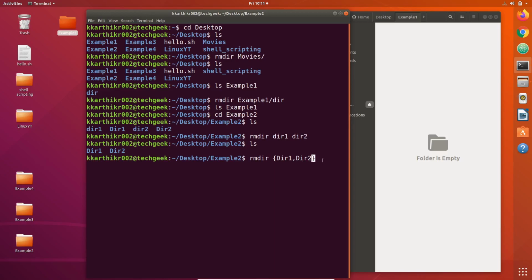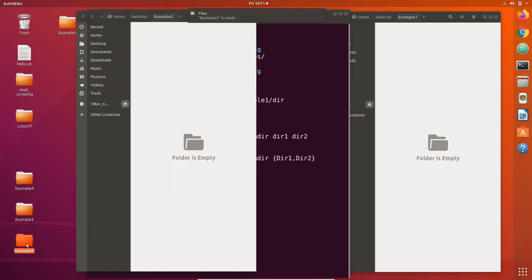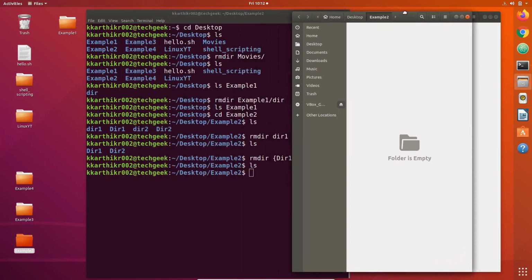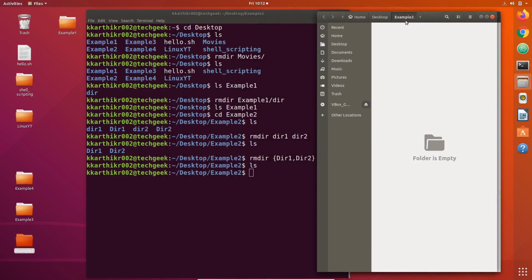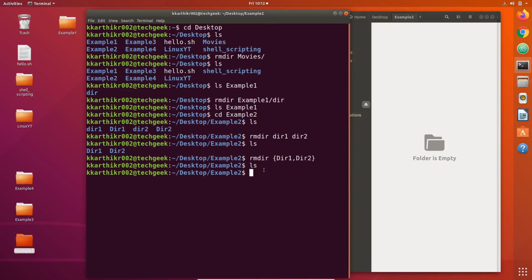Now let us run this command and see what happens. You can see that these two directories are removed. You can also check in GUI. You can see that example2 directory is empty. Now let us go to another example.